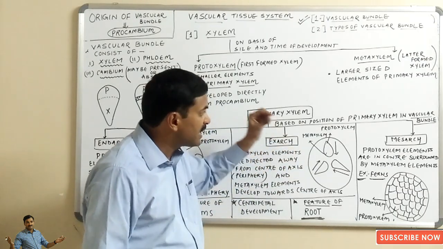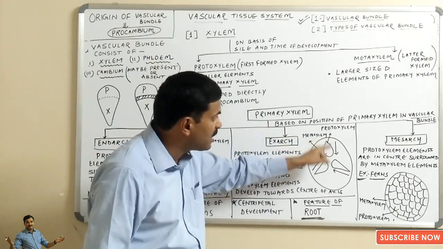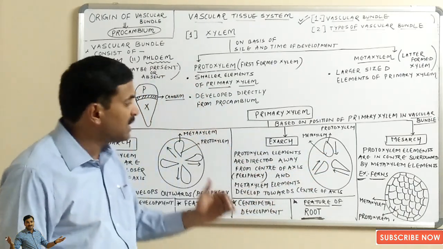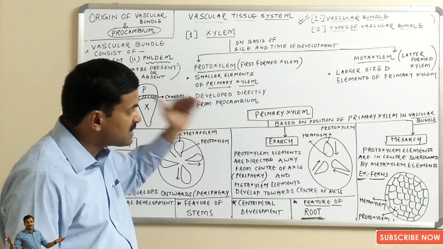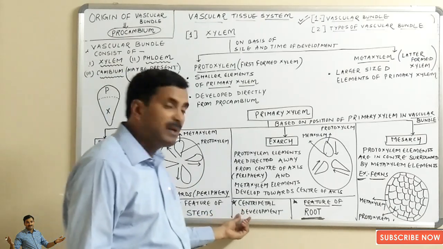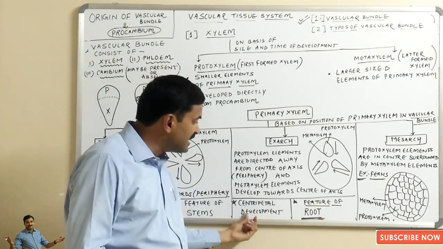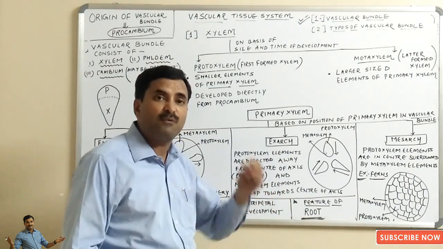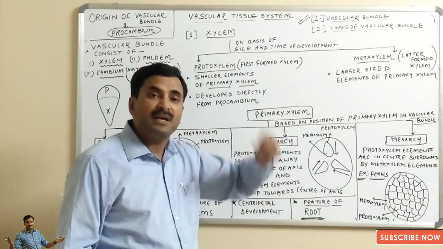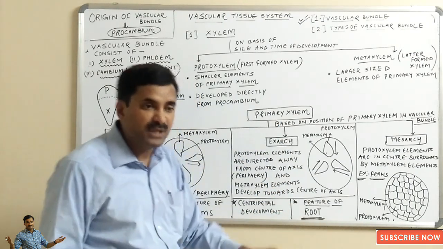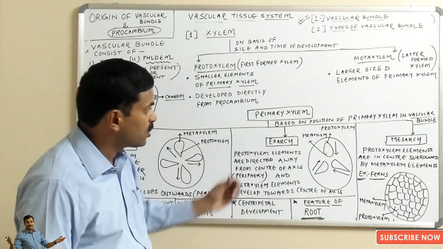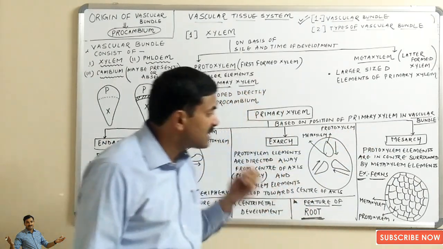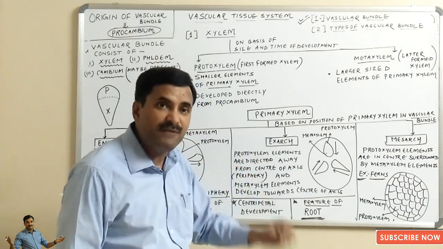And we can say that the course of the development is happening from the periphery towards the center, and whenever the development occurs from the periphery towards the center, then such type of development is called centripetal development. And this exarch condition is the feature of all roots. Again the same thing, it doesn't matter whether the root is a dicot root or a monocot root. And the third condition is known as the mesarch condition, this is a rare condition and it is only found in